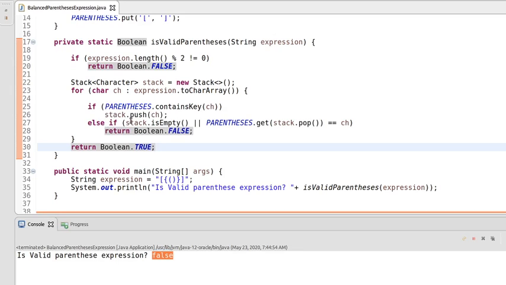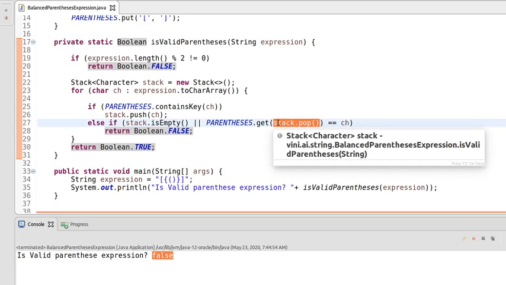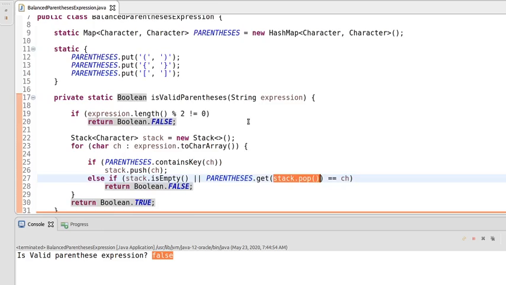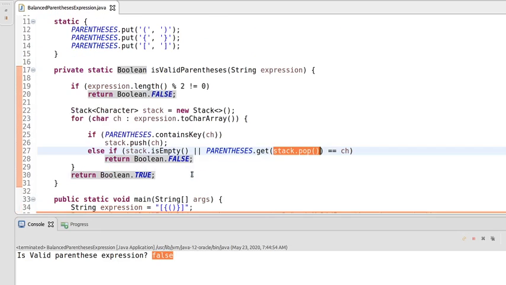If it is closing, we check whether the stack is empty, and return false because there is no opening parenthesis. Otherwise, we get the top of the stack, which gives us the opening parenthesis, get the value based on this key, and if it is equal to ch, we return false. We are making a mistake here.